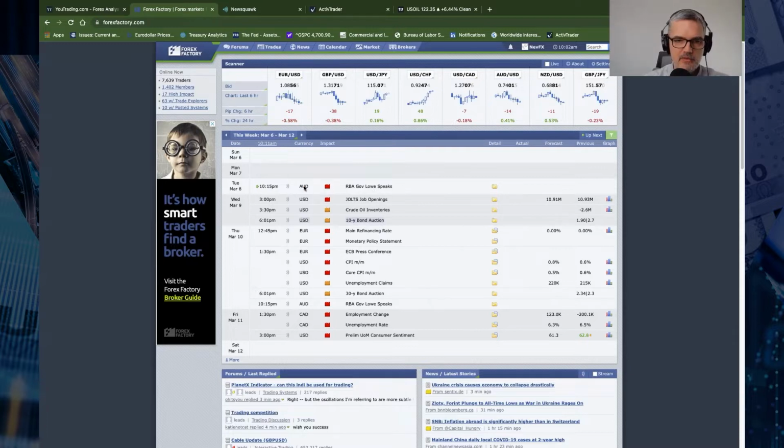So whatever happens on Tuesday is probably going to be more market moving for the Aussie, probably just a reiteration on Thursday. Come Friday, we've got Canadian employment change and unemployment rate. But as we look through the charts, we'll probably see that the Canadian dollar is being pushed around by something else. And on Friday, we've got the preliminary University of Michigan consumer sentiment, which is forecast to come in lower than previous. And I'd imagine we might even get a lower number than those forecasts.